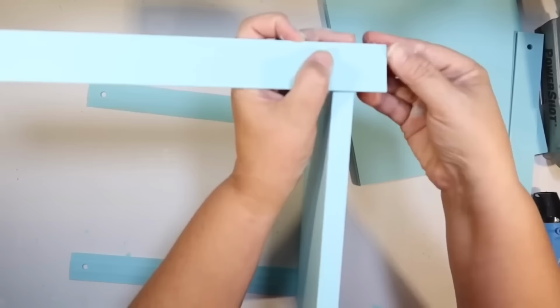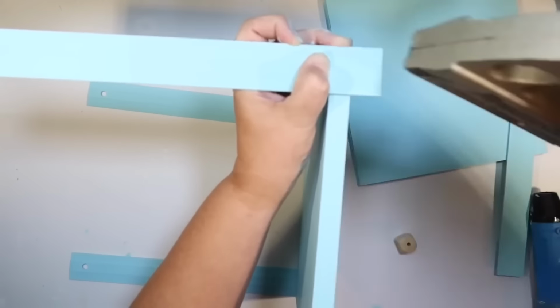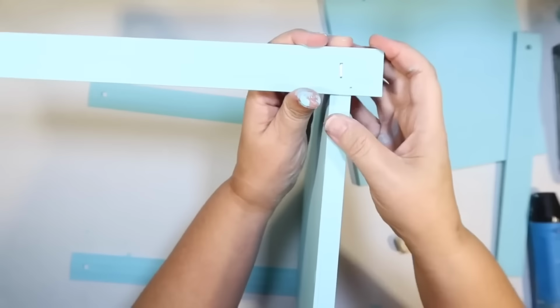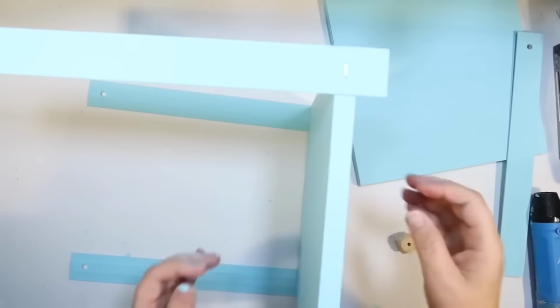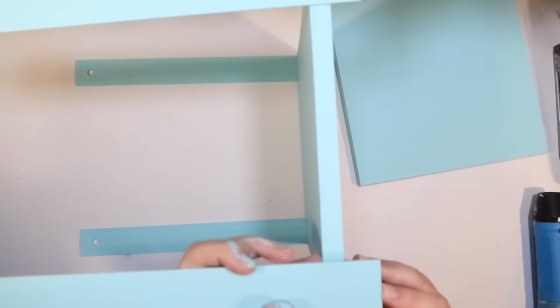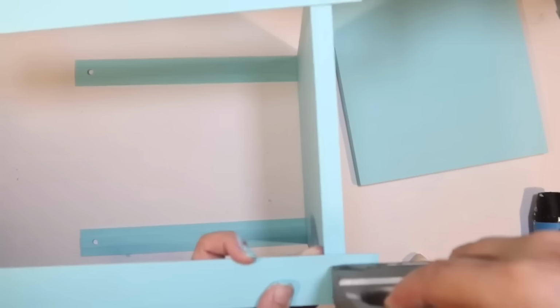If you don't have a staple gun, you could always use some small nails as well. They sell those at the Dollar Tree, and I think you would have good luck with that too. These staples were just about the right length for most of this project, so I'm going to use my staple gun a lot. So again, using my spacer, we're going to put the fourth and final side on,